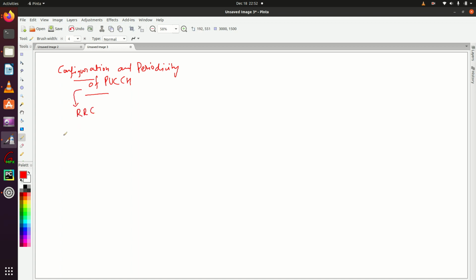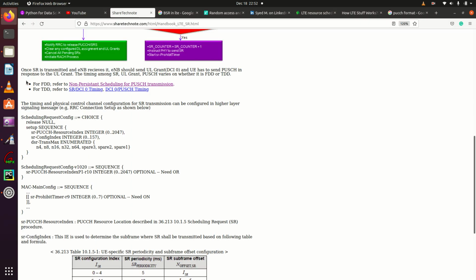During the initial attach procedure, these details are provided in the RRC connection setup message. So let's read this.